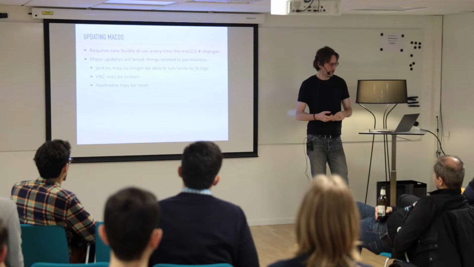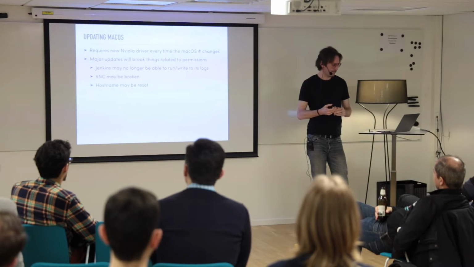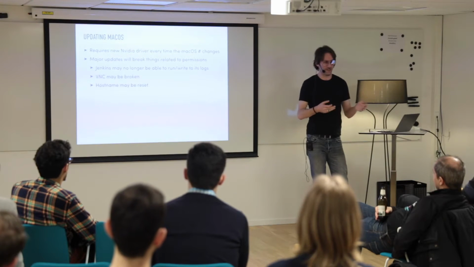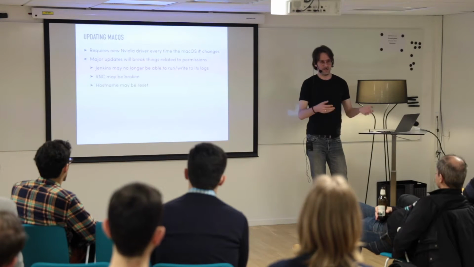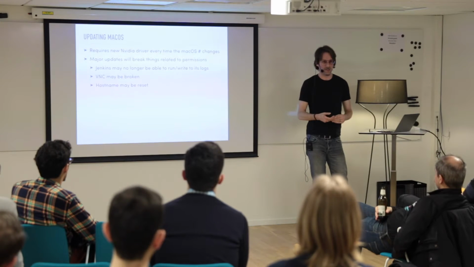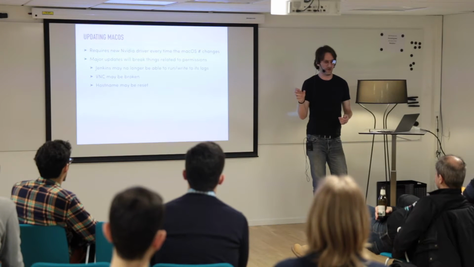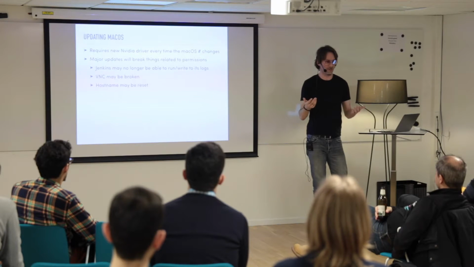Another thing is if you move through major updates, like from Sierra 0.2 to Sierra 0.3, it could be that permissions have broken. This will almost certainly happen if you go between macOS El Capitan and Sierra. That happened to me just recently. Everything was fine, and then all of a sudden you're trying to run your stuff, and Jenkins can't even start up, and you go hunting. Why was that? Jenkins was accessing some shared files and configurations in a shared folder of home, and Sierra made the security more enhanced, so Jenkins no longer has the authority to do that.